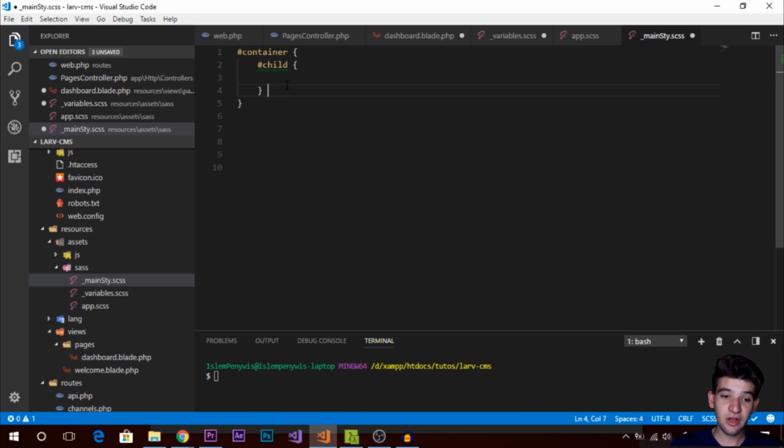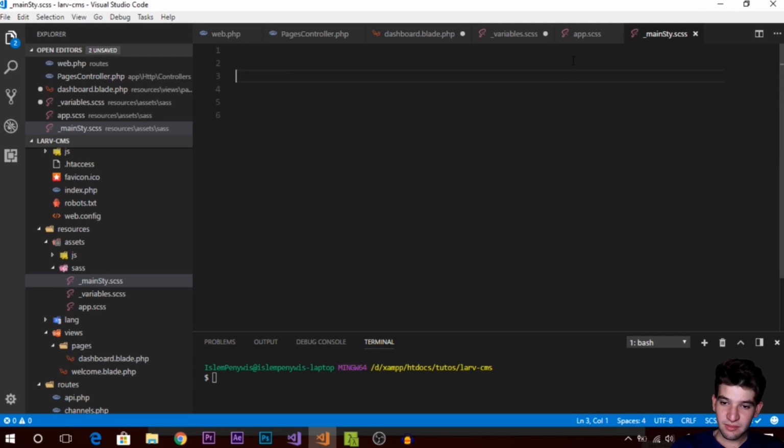You don't really need to assign every single element an ID or a class. Let's say you have a container and it has an h4, a text under it. You don't want to assign this h4 an ID in order to give it a style. You're just going to put h4 in here, and you're good to go. Very simple. So as I've said, this is the main style, and we need to compile this in order to